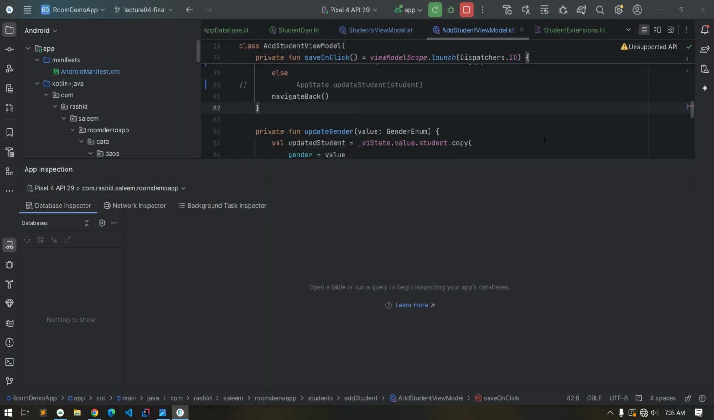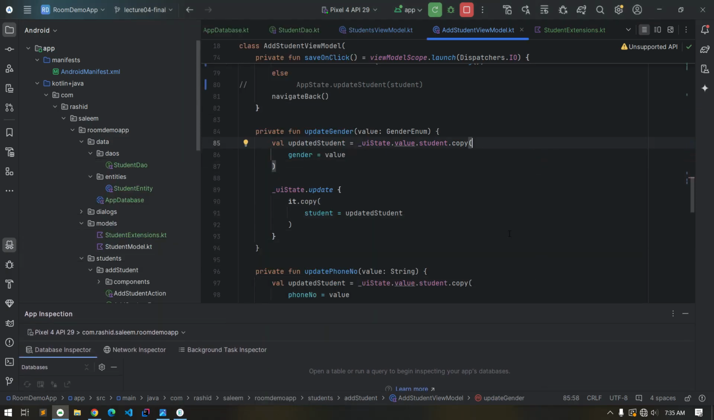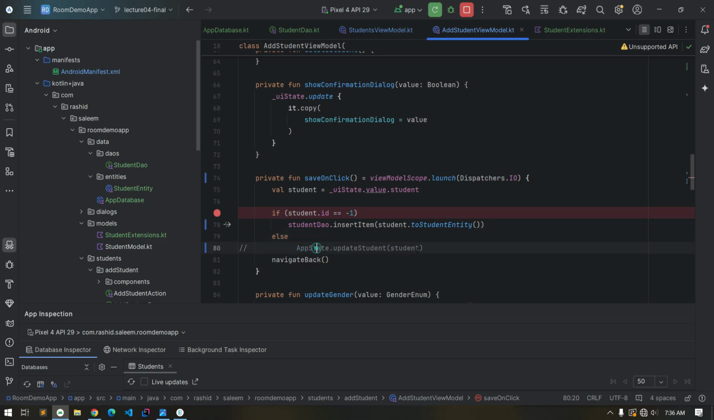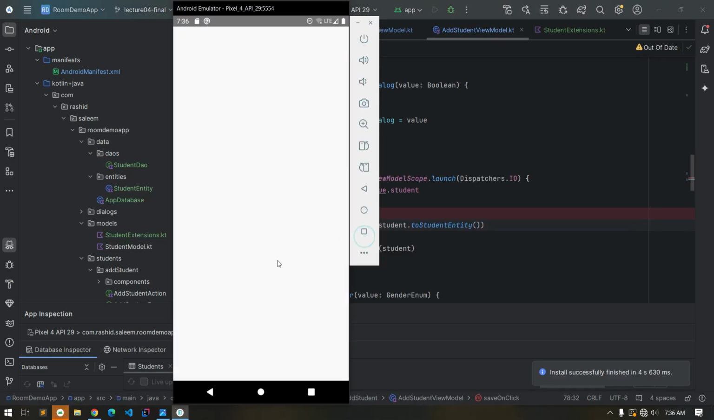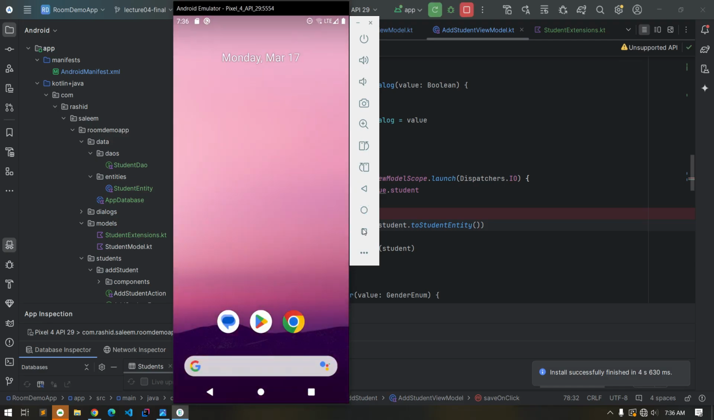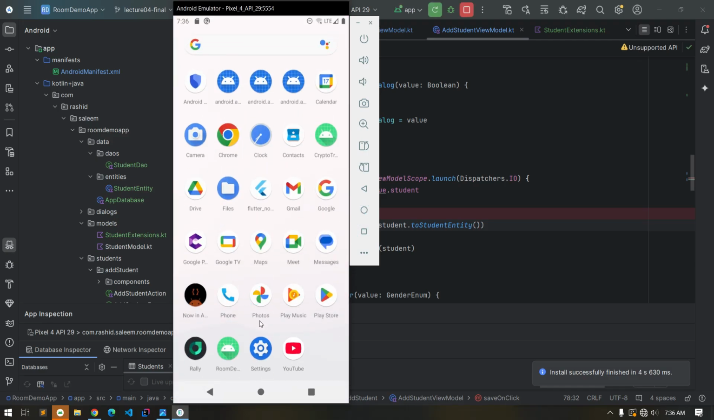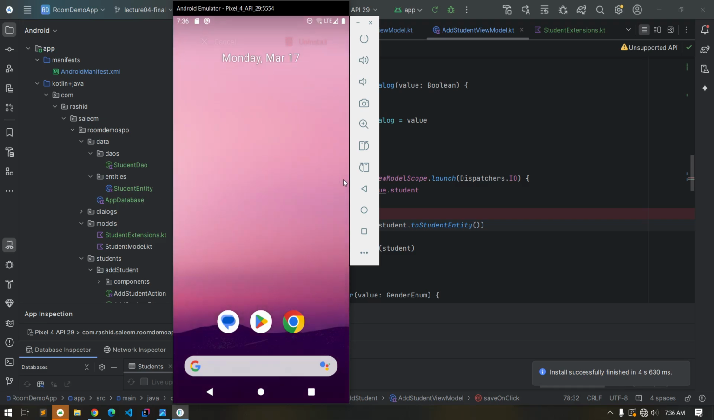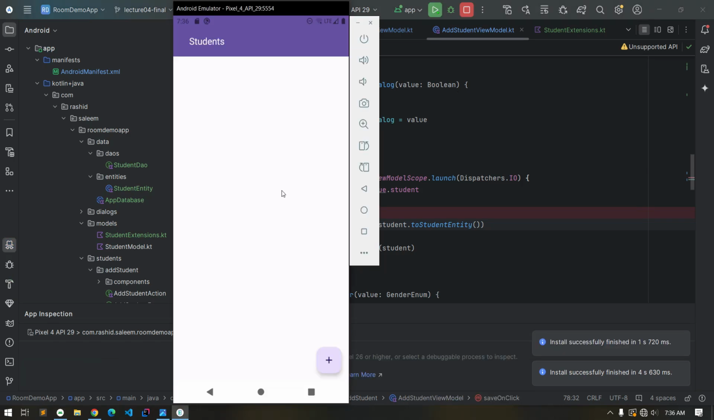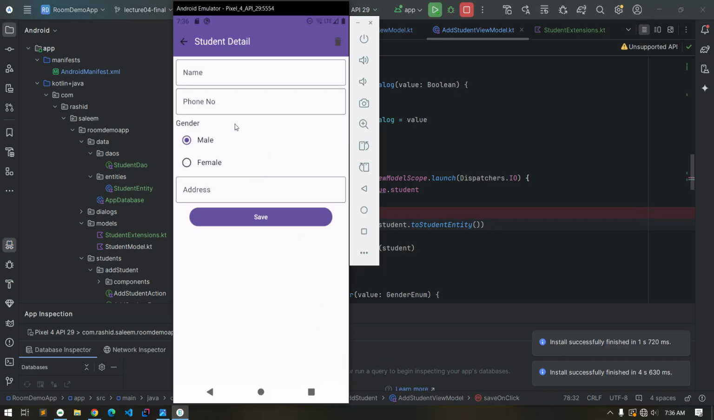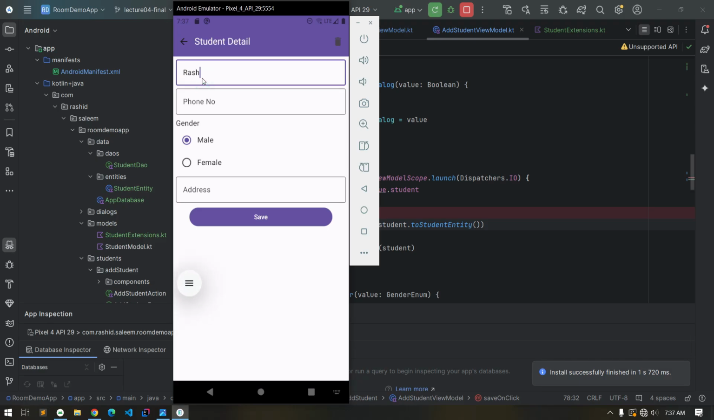Okay, so we have the entries here, but we are not navigated back to our previous screen. So the thing is, because this thing has been considered in the else part, so don't do anything in here. And now let's run the app again. Actually, let's uninstall the existing app and test our fresh app. So here if we run the app, insert a new student, Rashid Saleem,